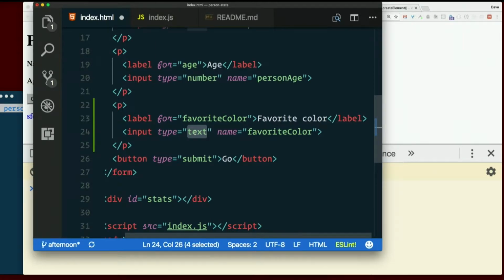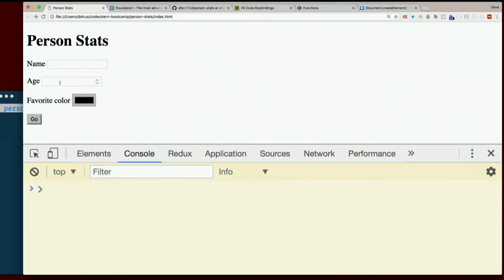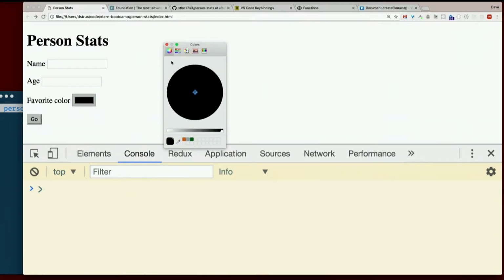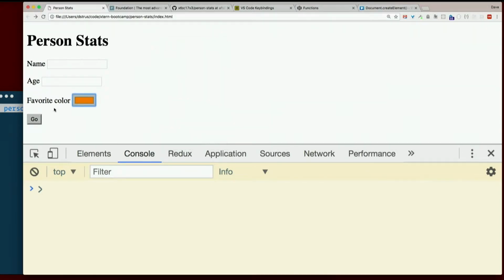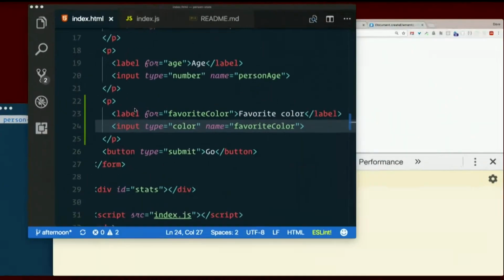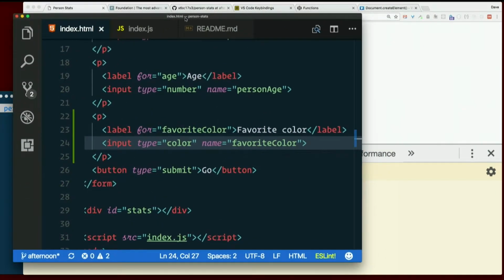Wouldn't it be really neat if HTML5 gave us a type of color? Who knows? Let's see what happens. Get excited. Oh, look at that. So it'll use your operating system's color picker. And this is up to browser support again, but it's supported in a lot of current browsers, including Chrome. Pretty nifty. So now we can select a color. Instead of typing it like some kind of animal,